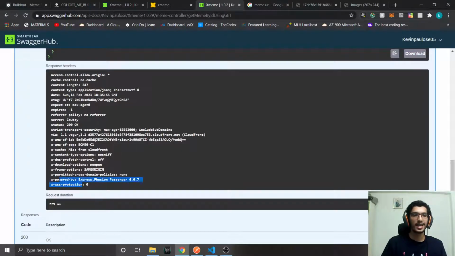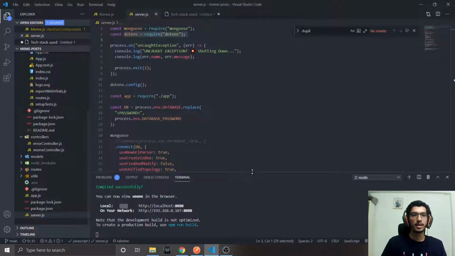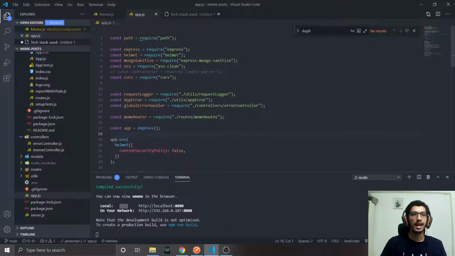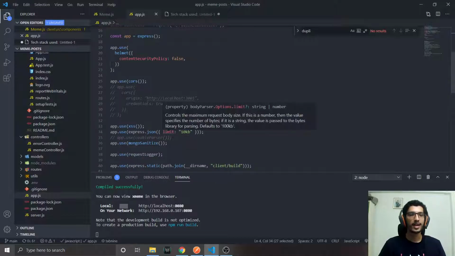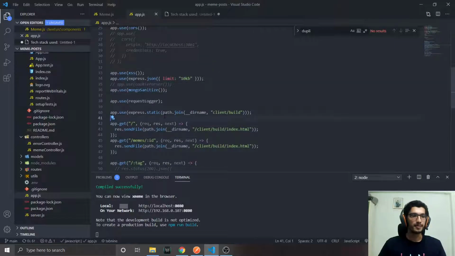Also, as you can see, there are a lot of headers given here. All these headers are due to the fact that I have implemented some precautionary measures in my app itself. Like you can see, I have used Mongo Sanitize and XSS. All these are for attacks that can happen. So these are just some basic protection that I've given. I've even used Helmet for setting HTTP headers in the middlewares. And as you can see, all these app.use endpoints are there by default.